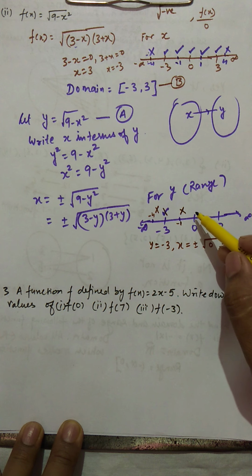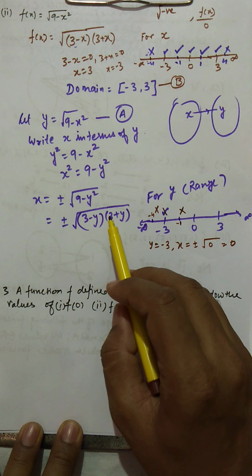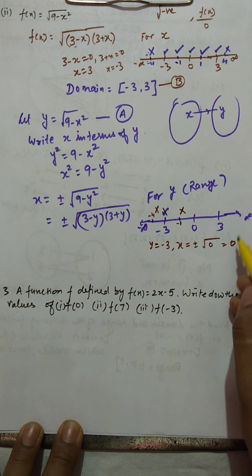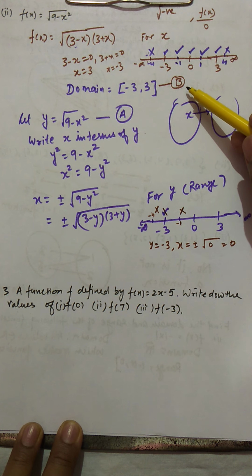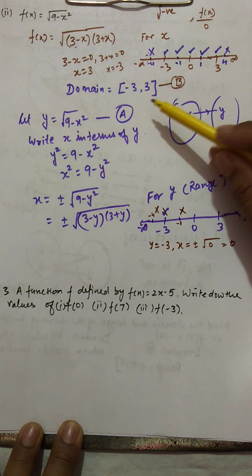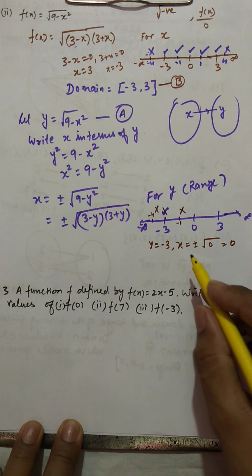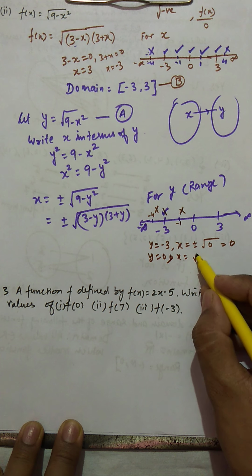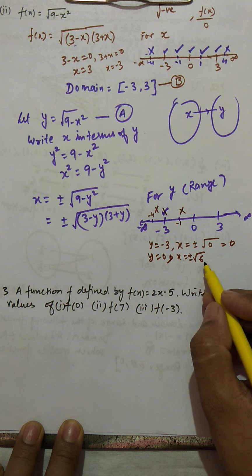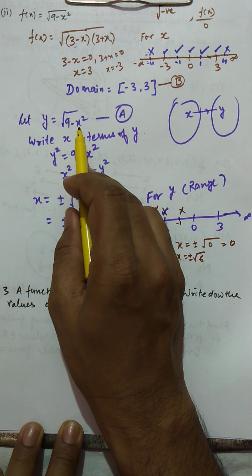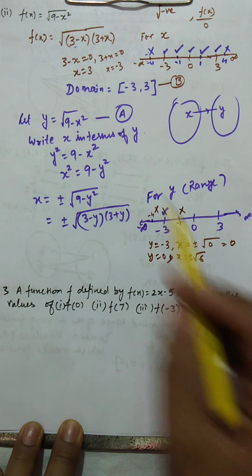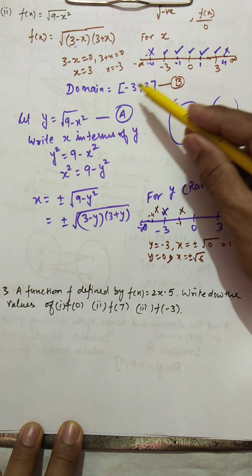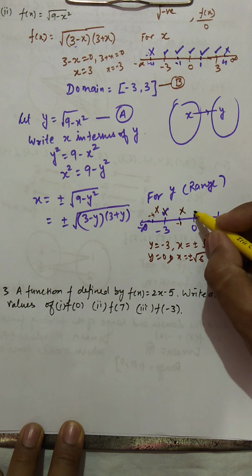Now come to 0. Can 0 be taken? You can put y equal to 0 here. 3 minus 0, 3 plus 0, so x comes out plus minus root 6, which will be 2 point something. Yes, it is satisfying. If you take y equal to 0, then x is coming root 6 and minus root 6, both. So y equal to 0 is possible, because if you put 3, it is positive. Yes, it's fine, and x equal to plus minus 2.3 something. So both values are in the domain. It means this 0 can be taken.